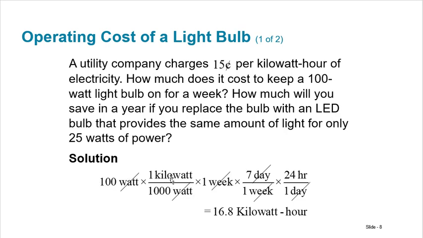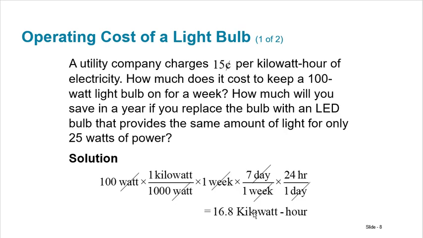The watts cancel, and you get 1 kilowatt times 100 divided by 1,000 times 1 week, where 1 week is 7 days over a week, 24 hours over a day, right? And you basically get 16.8 kilowatt hours, because the only things left are kilowatts and hours. So a 100-watt bulb that's on constantly for 1 week would cost you